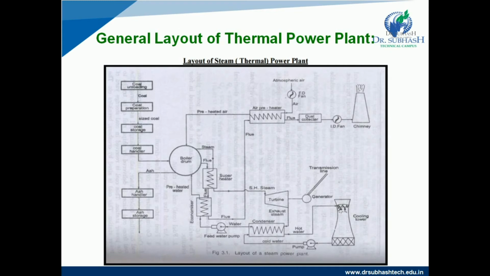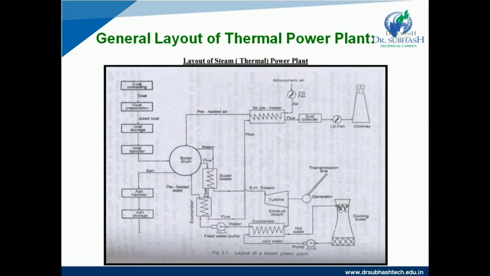Condensing is essential because compressing a fluid which is in a gaseous state requires a huge amount of energy with respect to the energy required in compressing a liquid. Thus condensing increases the efficiency of the cycle. So we can use different types of condensers in this thermal power plant, but we will discuss that in chapter number 7, condensers and cooling towers. Today we are only discussing the introduction to the condenser and its application in the thermal power plant.